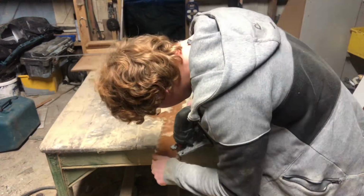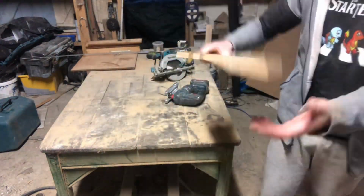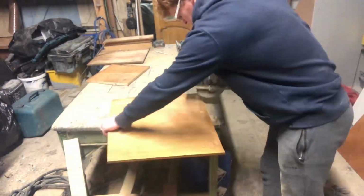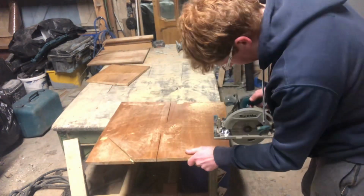And here it is in its full glory. Now it's just time to get the blue paint. I think it came out pretty well, and it's actually very lightweight. So I've decided to move on, and now that this sword is complete, I have started to move on to